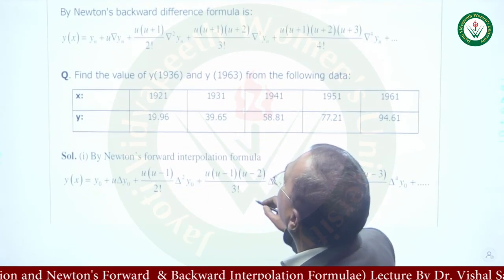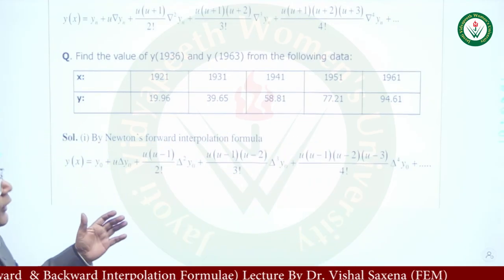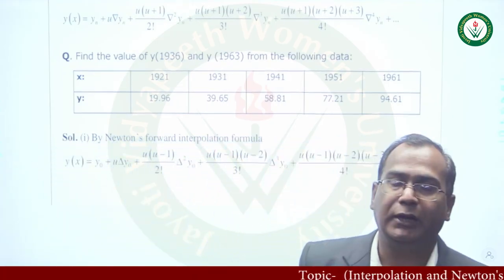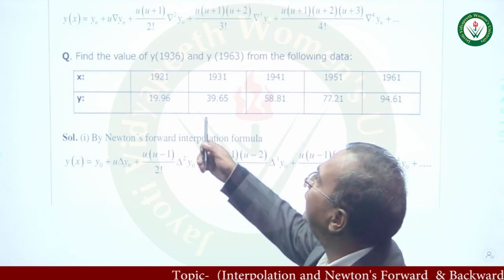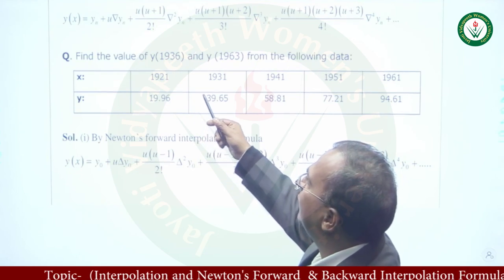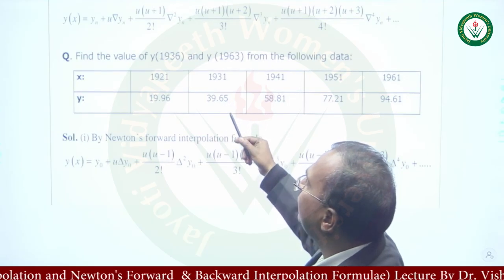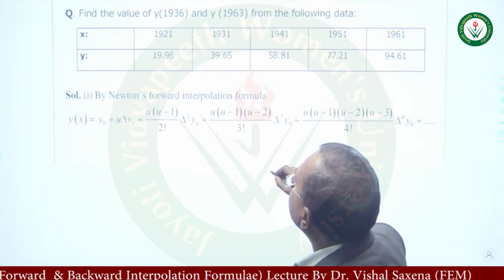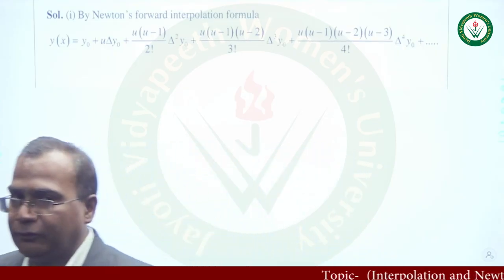Newton's Gregory forward difference formula is given by y_x, the function y_x, to be calculated for some particular value of x. y_x is equal to y_n plus u into del y_n plus u into u plus 1 upon 2 factorial, or we can define it here